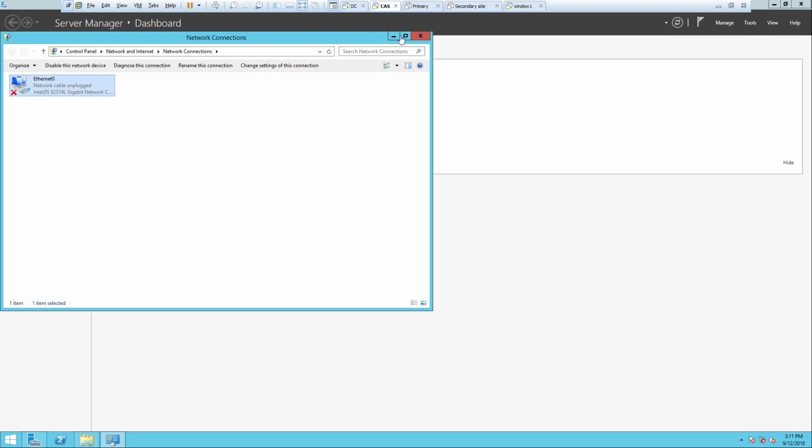The benefit of installing the CAS site in your lab environment is that you will be able to know how replication works in SCCM 2012 between the primary and the CAS site. So you will also learn the replication issues and how to resolve them. Because if you just install a standalone primary site, you don't need the